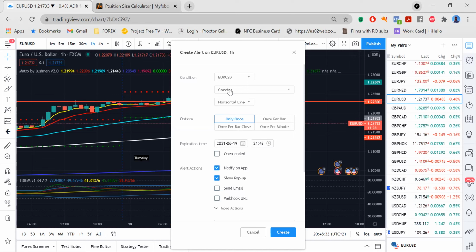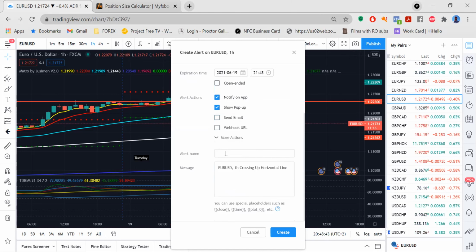And I could say, for example, Euro USD crossing the line up only once. So as soon as price touches that line, I can set myself an alert telling me move stop loss to entry price. Another thing you might see is BE, which is break even. It means exactly the same thing. Okay, so over here, and then I create the alert,